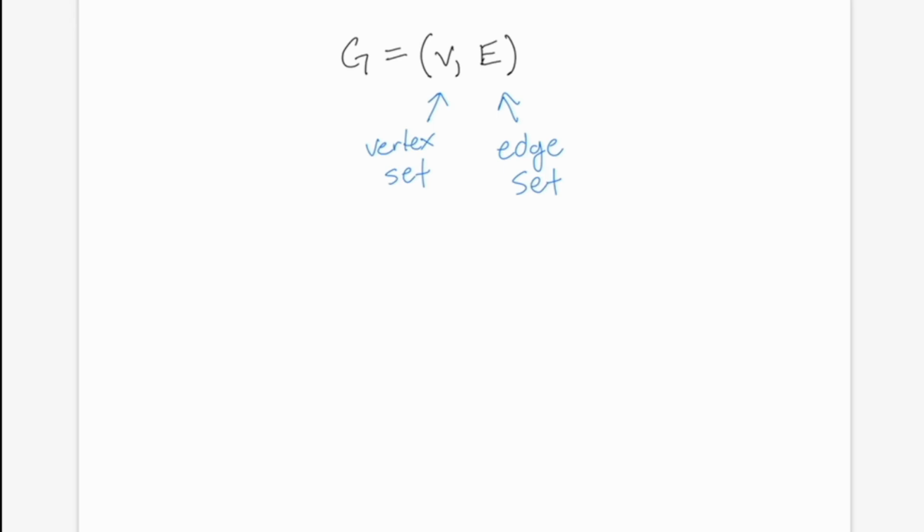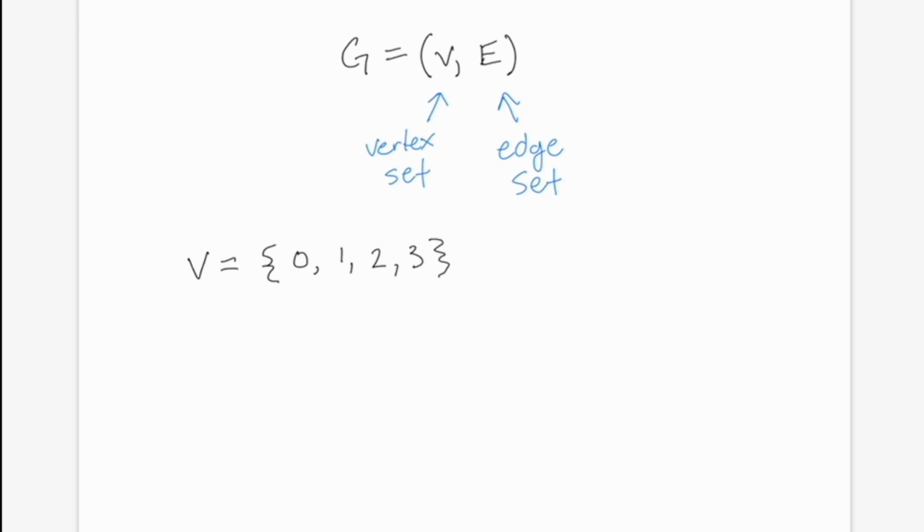Now, the vertices of a graph can be any object we want. They could be people in a social network. They could be items manufactured by a company. They could be mathematical objects like functions, or they could be Python objects like integers or strings. In the vast majority of the examples we'll look at, we're going to take our vertices from the natural numbers, including 0. So for example, we could have a graph with a vertex set containing the numbers 0, 1, 2,